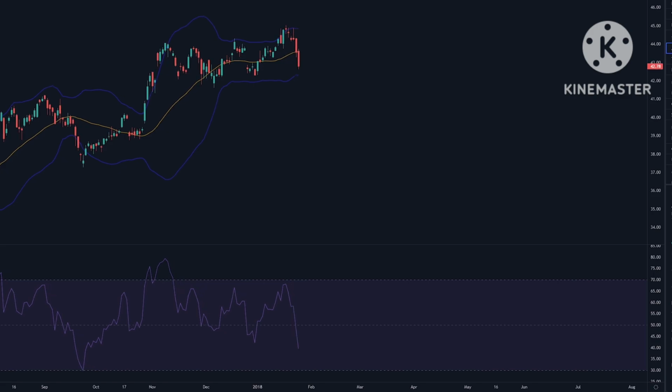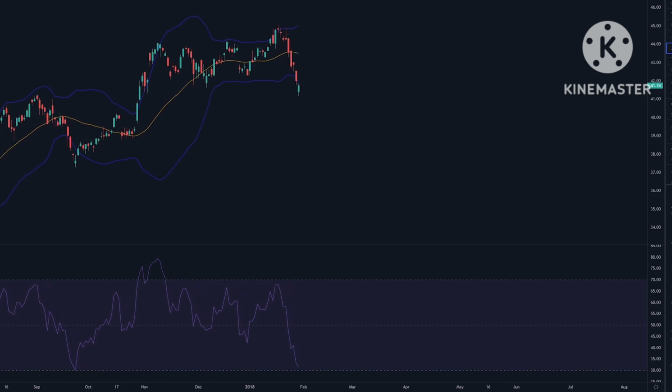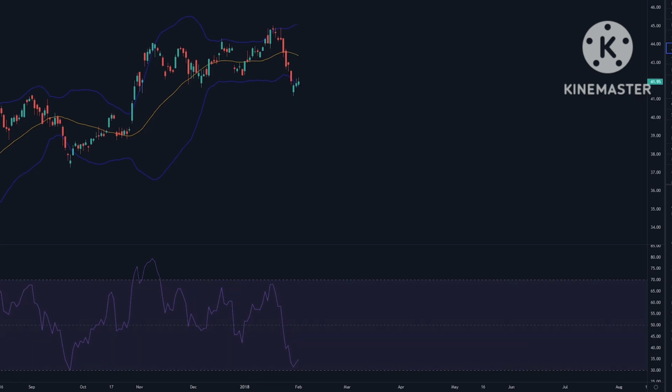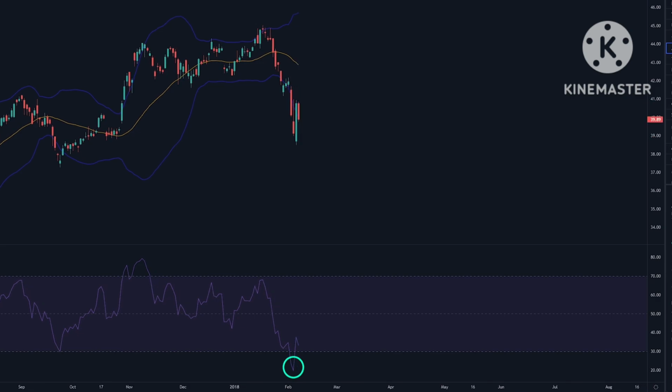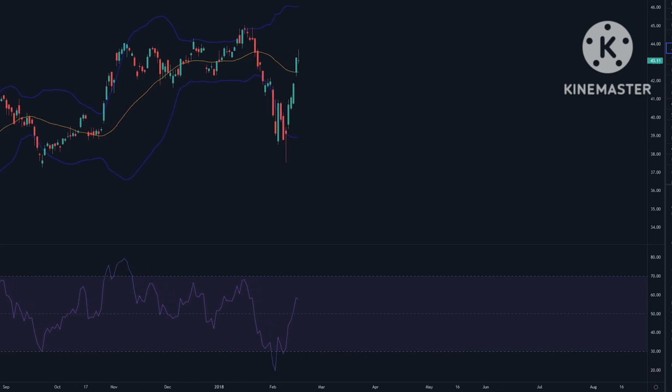So as an example here, we are looking at Apple and the price starts going below the bottom Bollinger Band. But at this point in time, the RSI is still not where we want it to be. So we waited out a bit until the line goes below 25, which it proceeds to go down all the way to 20. We enter a long trade at this point